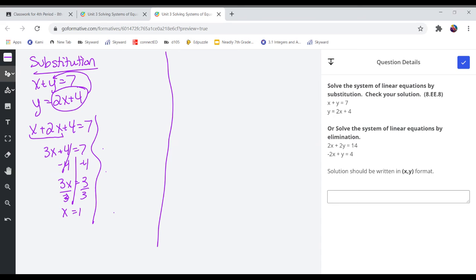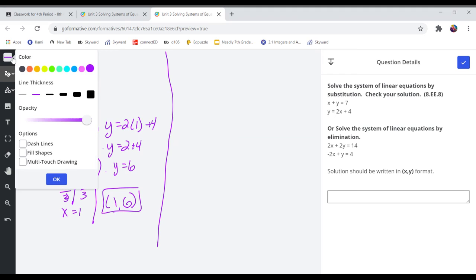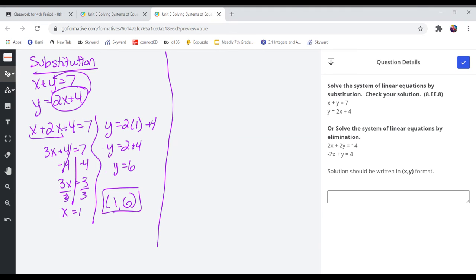Take one of the two equations and plug that in. I'll put it in the second equation. Y equals 2 times 1 plus 4. Y equals 2 plus 4. Y equals 6. So (1, 6) should be my solution. So now if I use elimination,